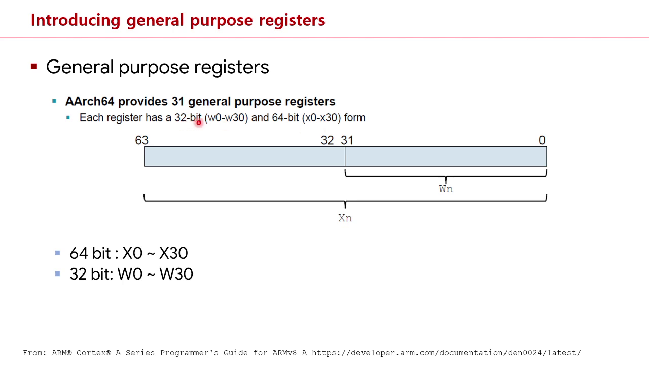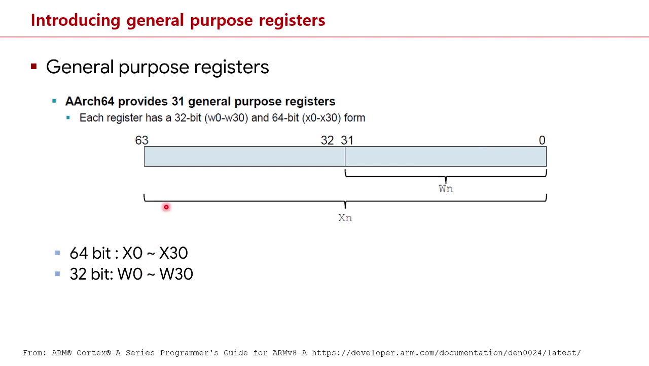But there is another way to specify the general purpose register. That is W0 to W30. As for the WN register, that is the W0 to W30 register, it only contains 32 bits of the XN register. For example, the W0 register has the 32 bits from bit 0 to bit 31 of